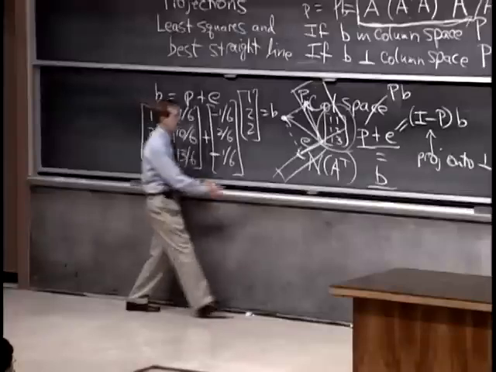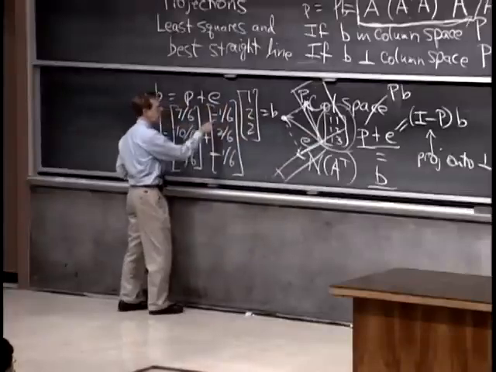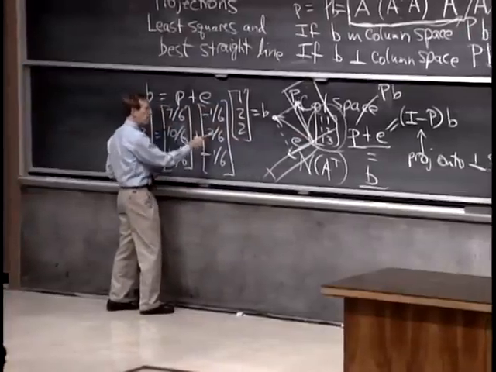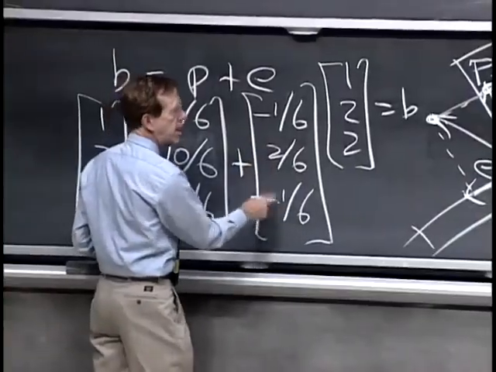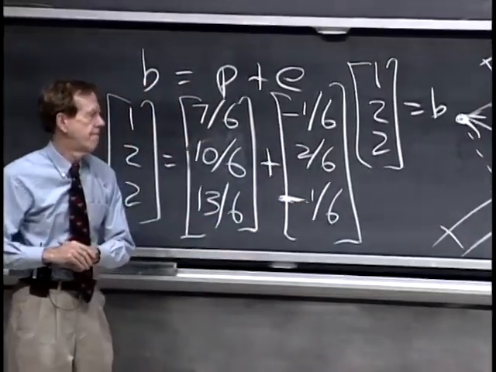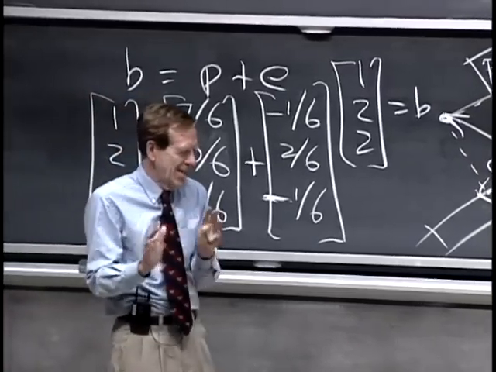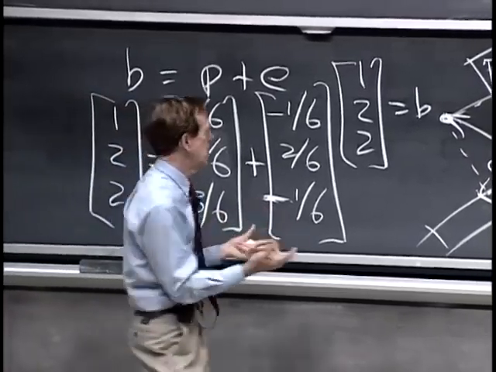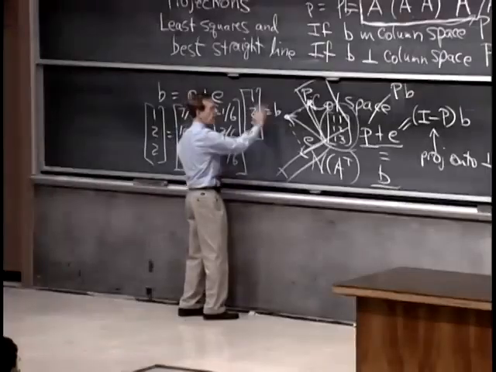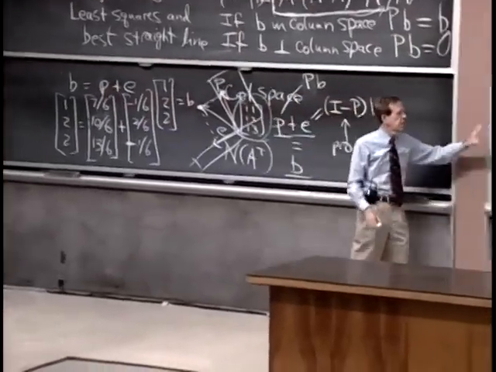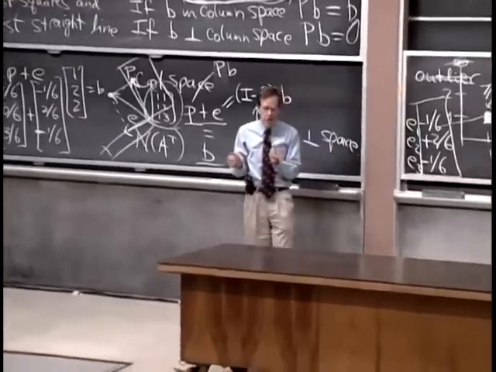And it's perpendicular to 1, 2, 3. Because if I take the dot product with 1, 2, 3, I get minus 1 plus 4 minus 3, 0 again. Okay, I hope you see the two pictures. The picture here for vectors and the picture here for the best line. And it's the same picture,